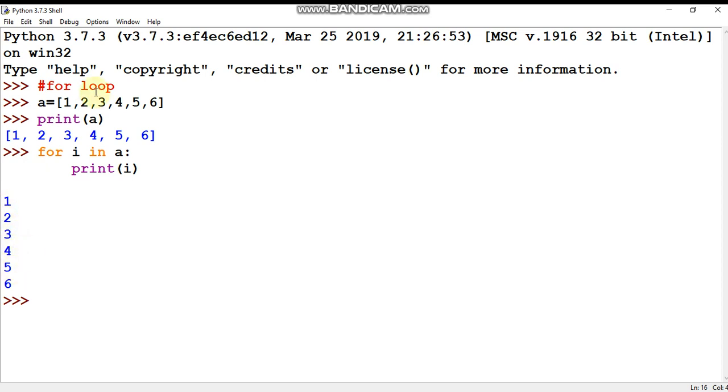So here I have not initialized the value of i, there is no updation part, and there is no condition part. If such a situation is there, then you have to use a for loop. Another way to use a for loop: